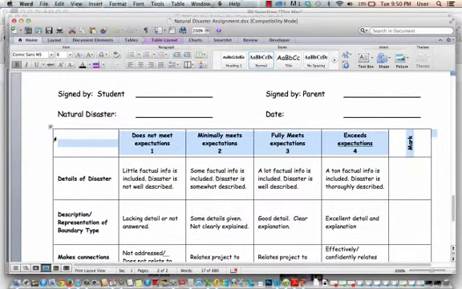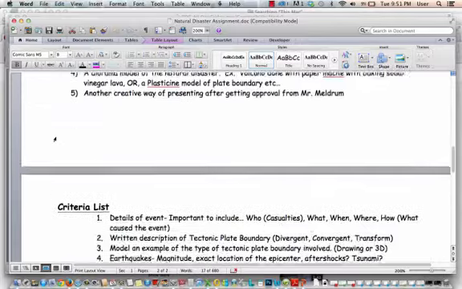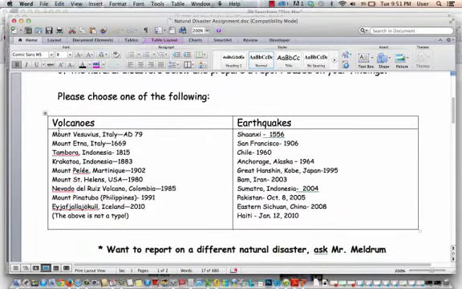Okay, so for the remainder of the class, now that we've read through the expectations of the assignment, you are going to use your device. You are going to research some of these volcanoes and earthquakes. If you're interested in doing Mount Vesuvius, if that really appeals to you, you might put a number 1 beside this, indicating that that's your first choice. Hopefully when your card gets drawn, that choice will still be available. Okay, don't mark down 3. Okay, mark about 10. Okay, just to make sure that you get one that you're interested in.